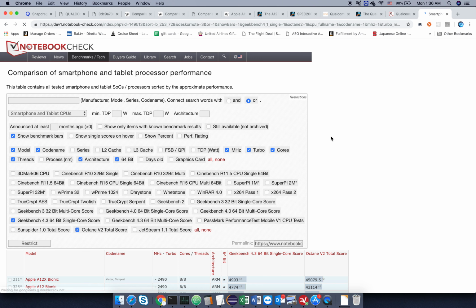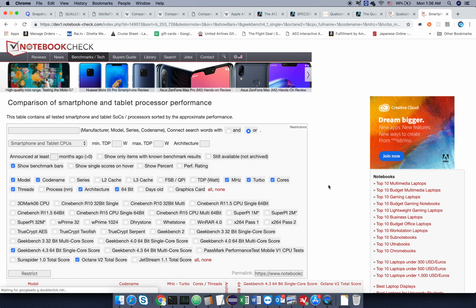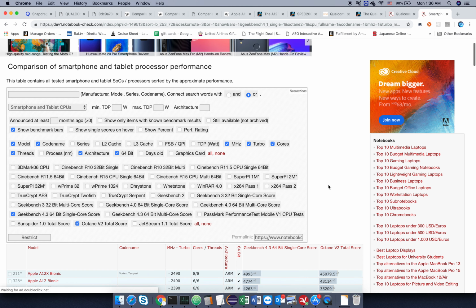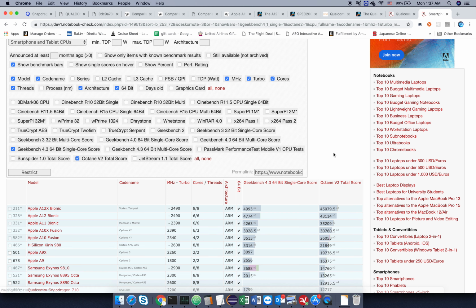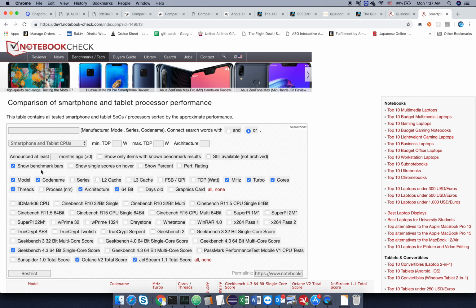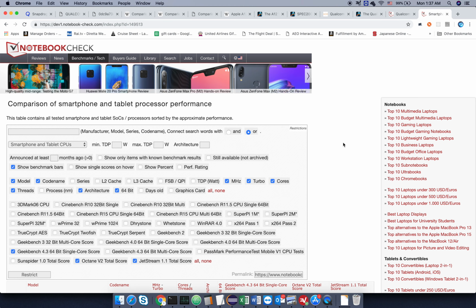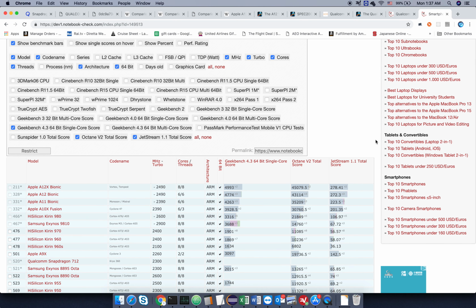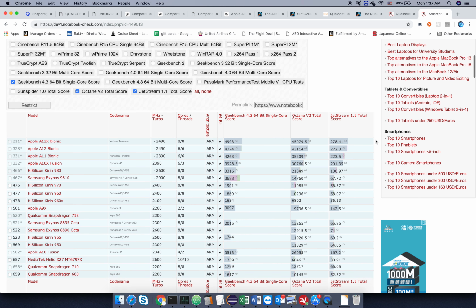Right, Octane is the JavaScript test. And that's very important. Why is that? Okay, let's put the Jetstream as well. These are JavaScript tests, because a lot of times your mobile phone is essentially just running JavaScript, which is your web browser. Anytime you interact with HTML5, you're using JavaScript. And a lot of apps nowadays are also written with React Native, where the business logic is also run in JavaScript.